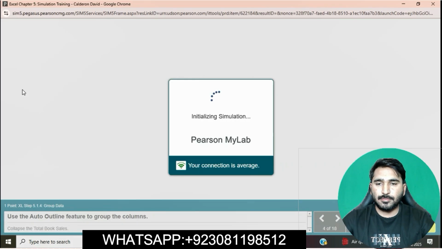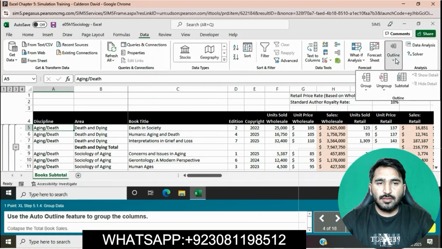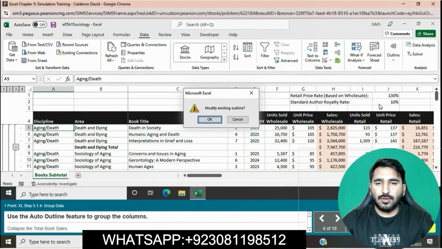Use the auto outline feature to group the column. Okay, simply go to the data tab, go to the group, and click on auto outline. Then modify existing outline, click OK.